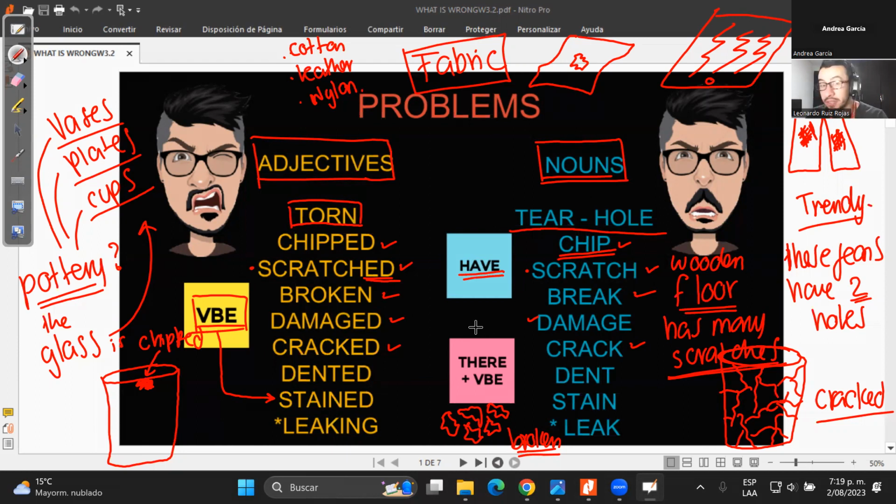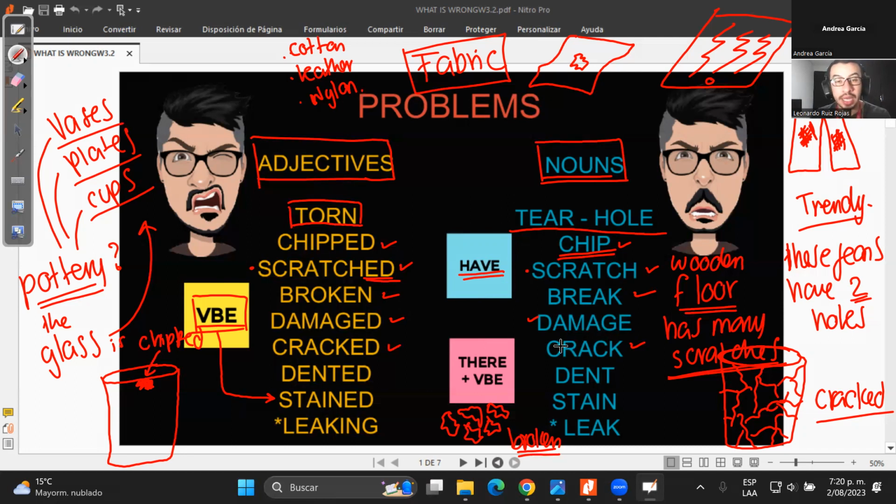Yes, because it's very general, I am describing that something is not working properly. To be more specific, I have to use the other problems. Damage is simply something very general; it doesn't explain specifically what the problem is. It is simply saying that something is broken. It can be with a car, with any object. Even sometimes they use it with people, no? Like, you know that a person is damaged. It means the person has some problems, especially psychological problems, right? Well, very good. That's damage.